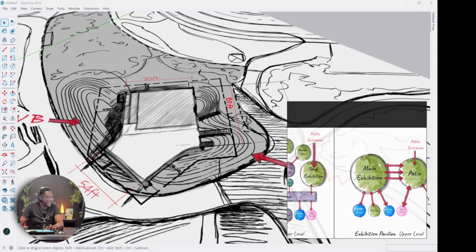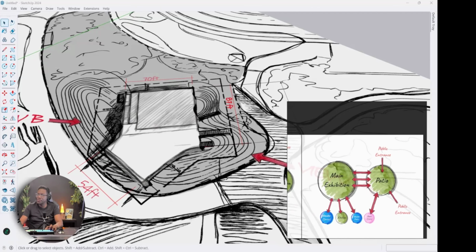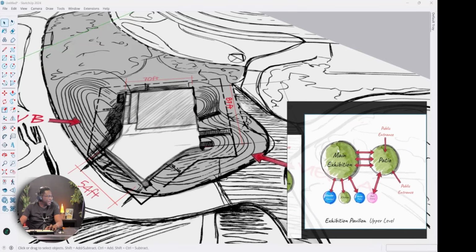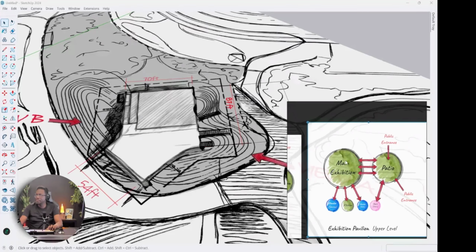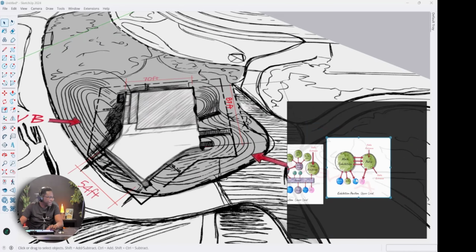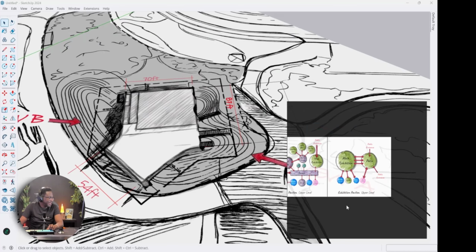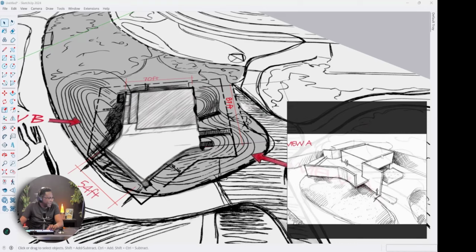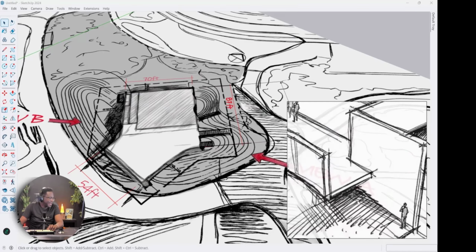So this main exhibition space and patio, we can assume the main exhibition space is pretty much here, and then the patio space is pretty much here, right? So that's what we can make out from this sketch. What that means is that space that we sketched out is the upper floor, and then we have the lower floor.